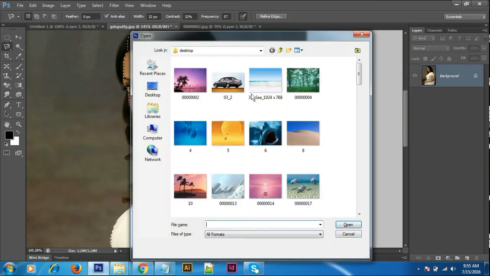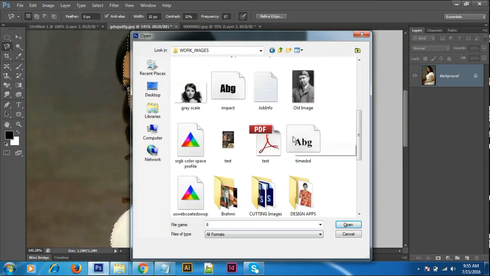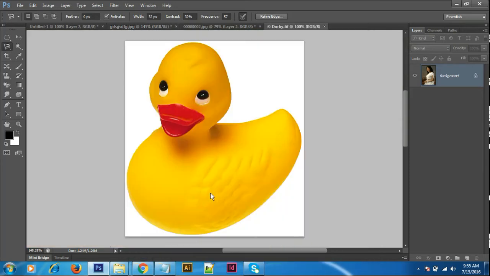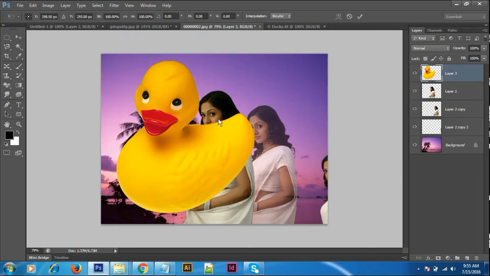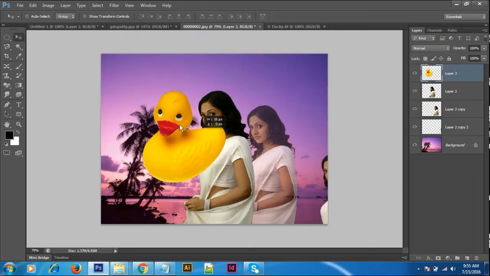Suppose you take a single color plain background. See how it looks. Is it a single color or multicolor, the background? Single color. Now you can take this one and just click here. How easy the process is. This is magnetic, right? It attaches to the pixels of the edge. Click on the starting point. Then you can take the move tool and place it from one place to another. You can transform it.